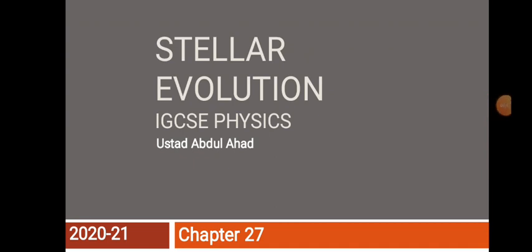Okay, so stellar evolution, as I told you, this lesson is about how stars evolve. Stars have different colors: red, blue, yellow. So how do we interpret the stars with regards to their colors? Every color has its own meaning with regards to the star. The color, the brightness, how far it is from the earth, and all those things we're going to see in